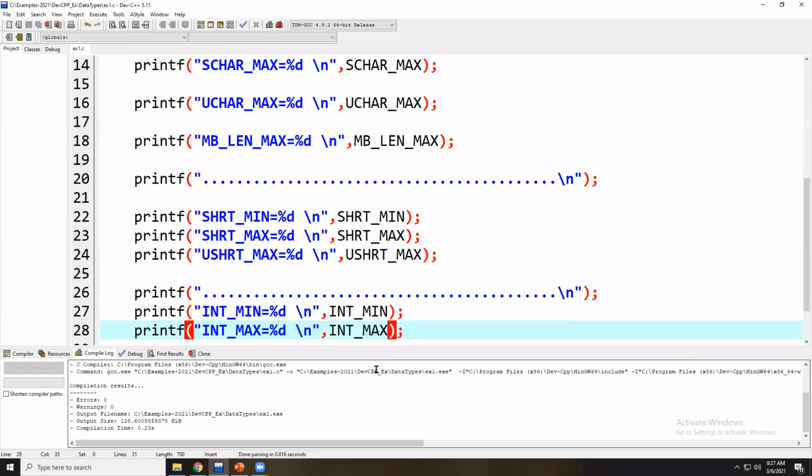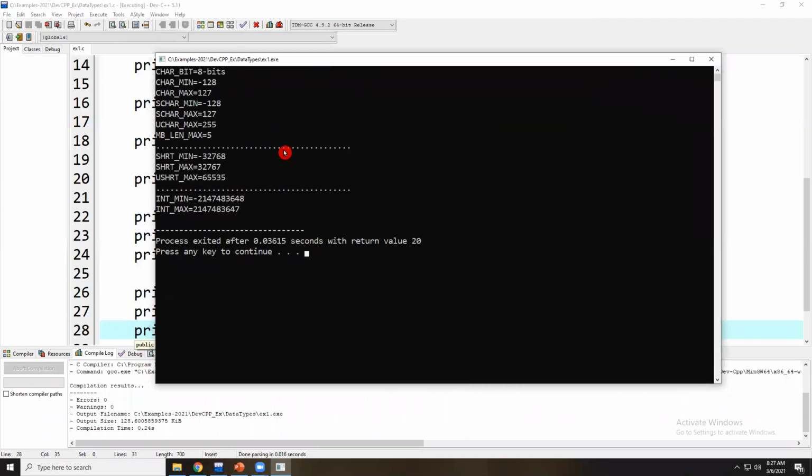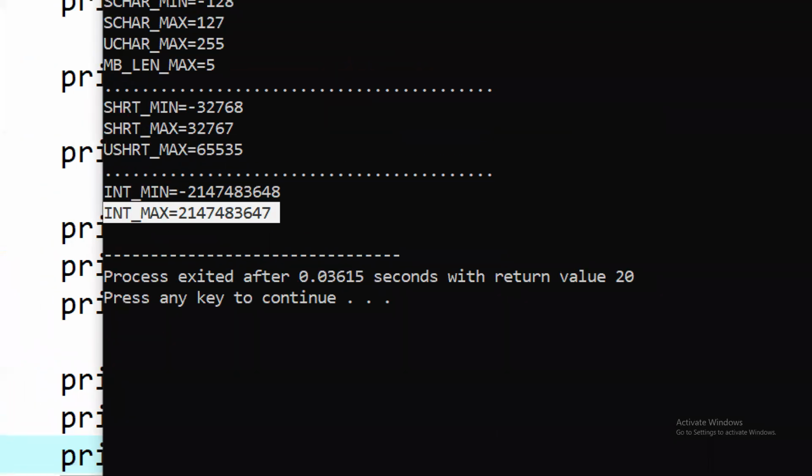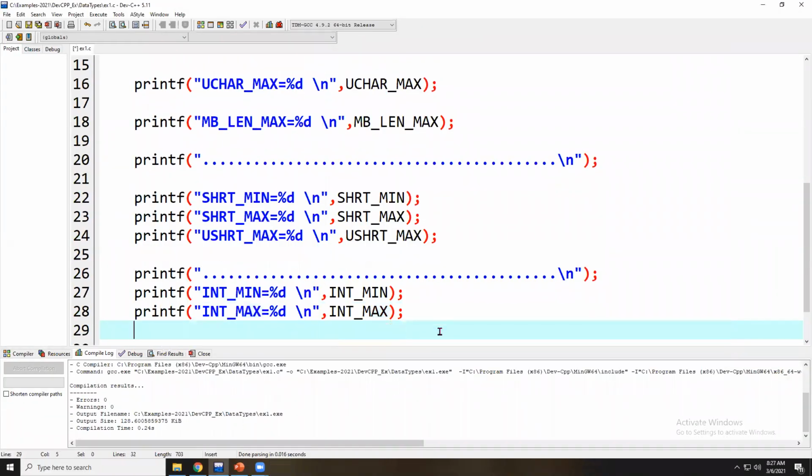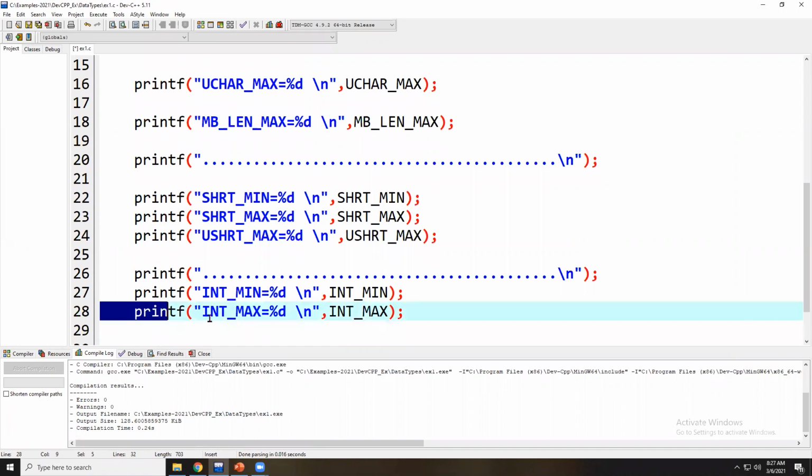INT_MAX. Recompile this application, rerun this application. So this is the range of INT_MAX for 4 bytes of memory, plus 2147483647. Similarly, I go with unsigned int max value.